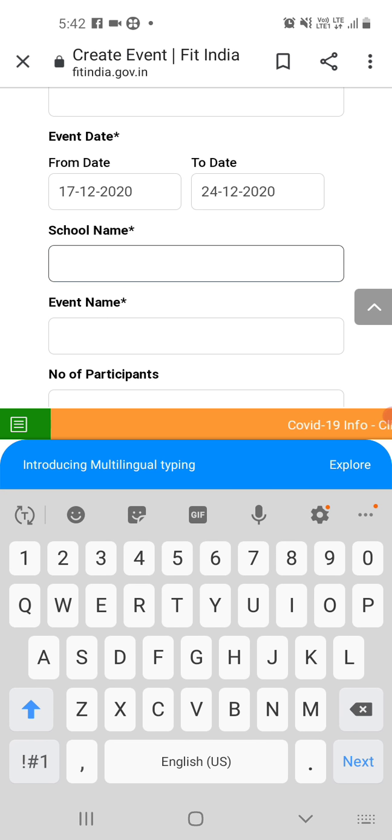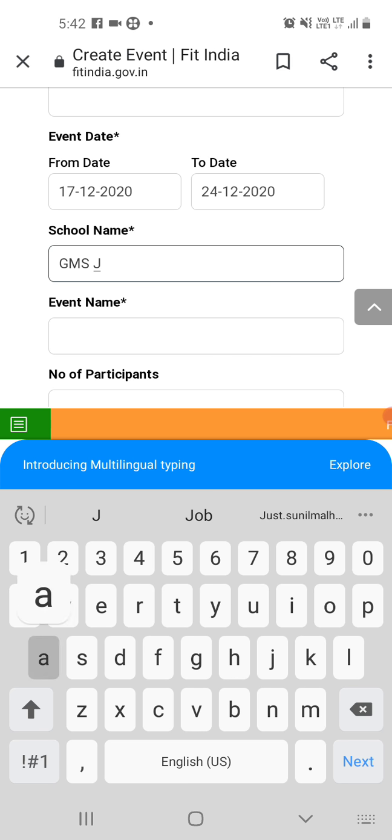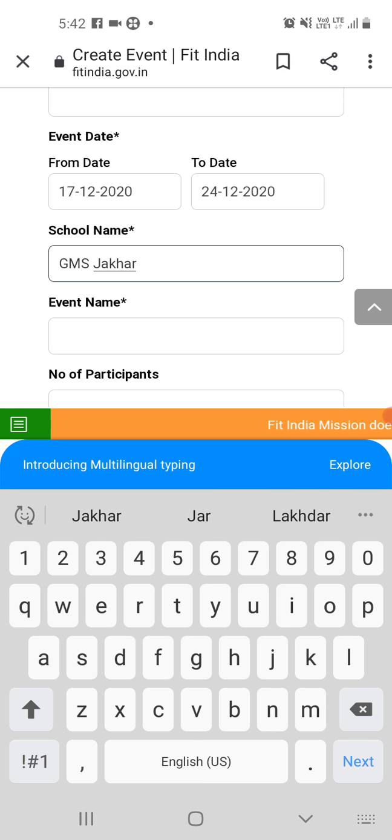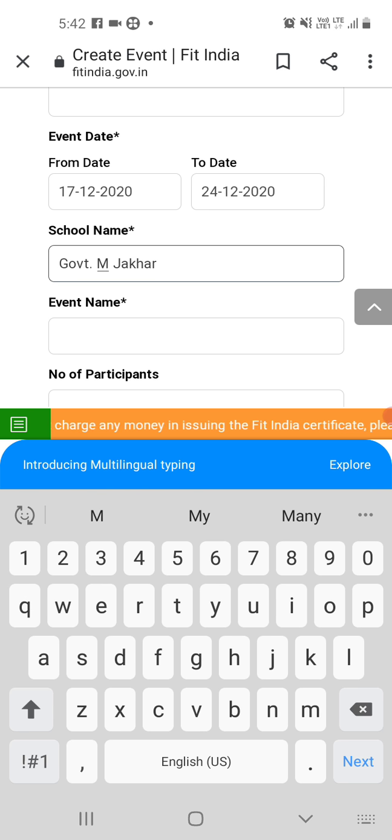Next, we have to write the name of the school, which is GMS Jakhar, or you can write the complete name as Government Middle School Jakhar.